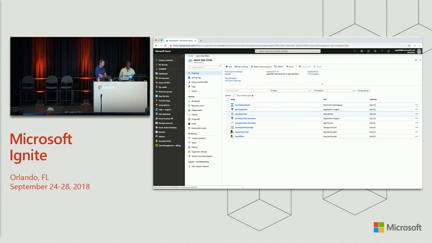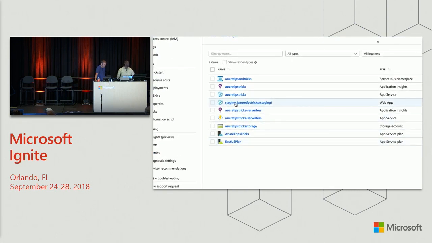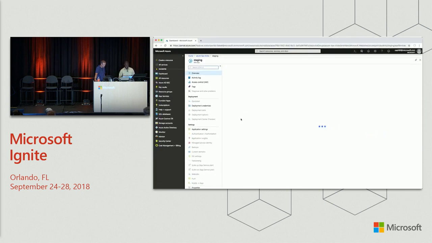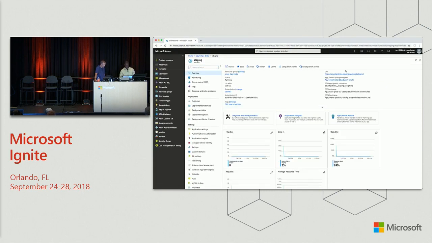So inside of the portal now, if I click on my Azure Tips and Tricks resource group, as soon as that's finished deploying, I should have another item in there that says Azure Tips and Tricks, and it's going to say staging. So let's refresh this and see if it's there. Right. So now I have the staging slot that's available for me. So if I click on the staging slot,